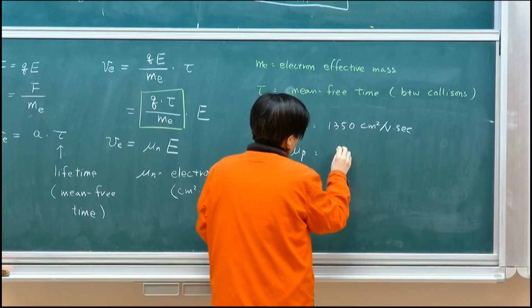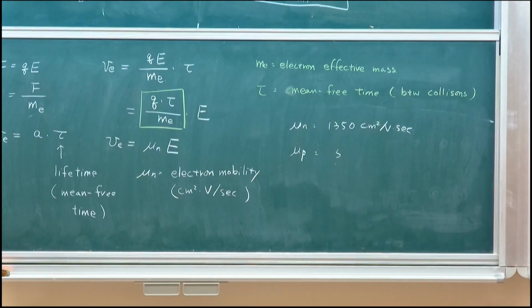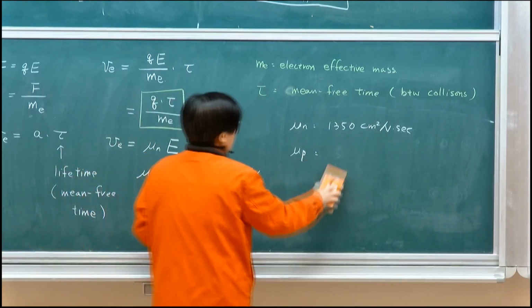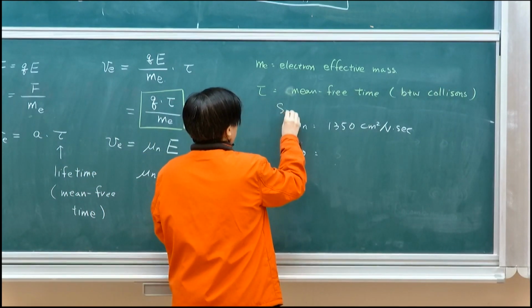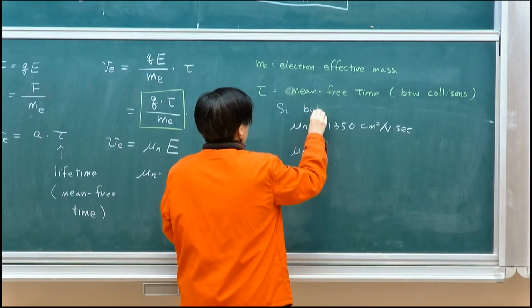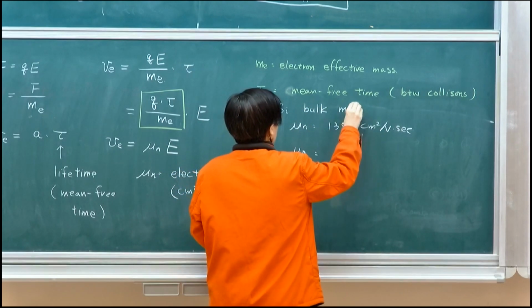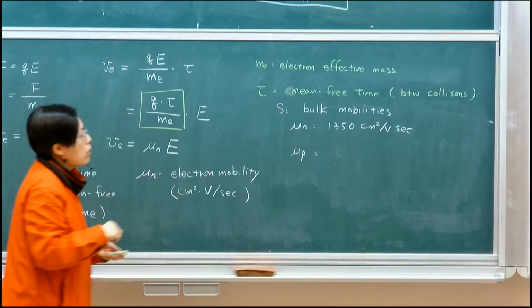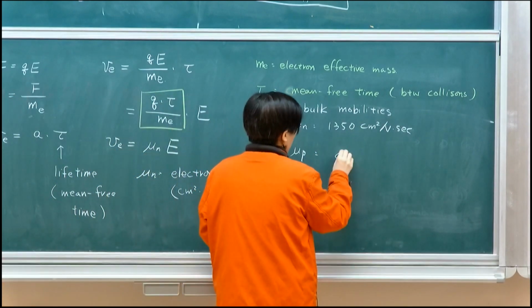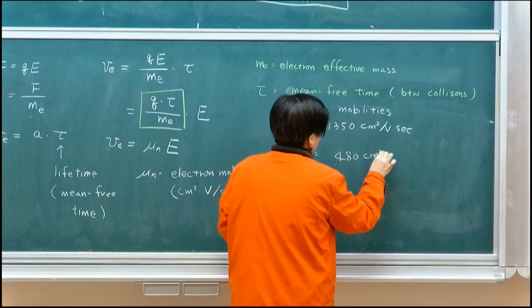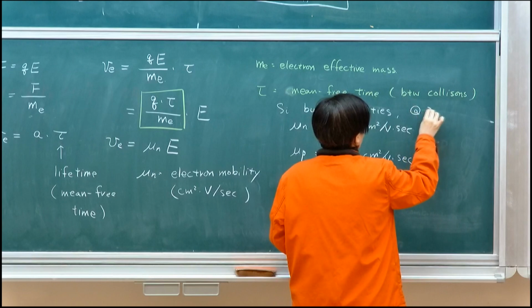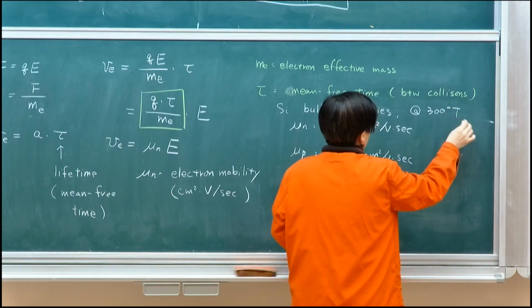So in typical scenarios, mu n is a lot higher than mu p. This is about 5... let me get the number right, 480. I'm going to use 480. About 500, but if you look it up, this is for silicon. This is typically referred to as silicon bulk, silicon electrons and holes bulk mobility. So this is about 480. And you will see that this is typically set at room temperature,